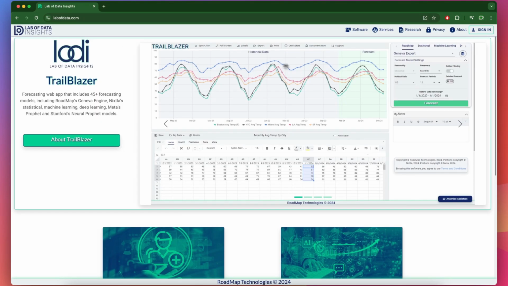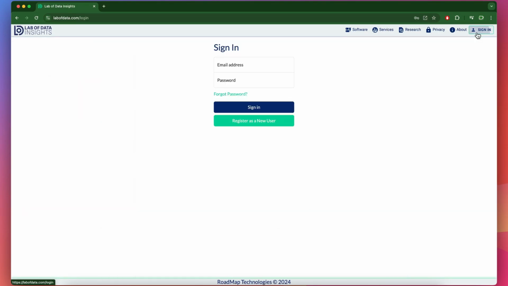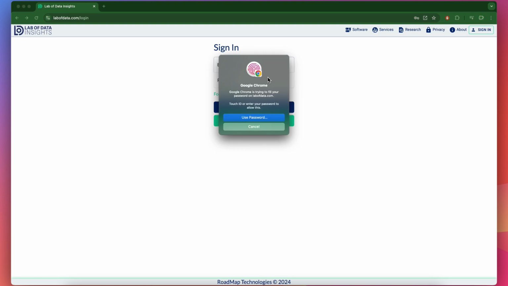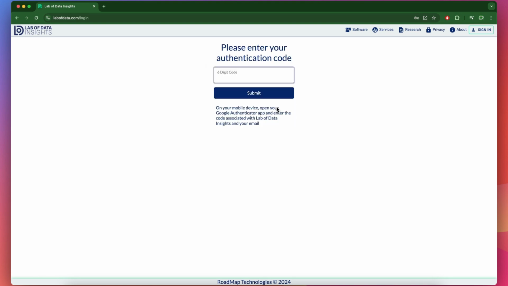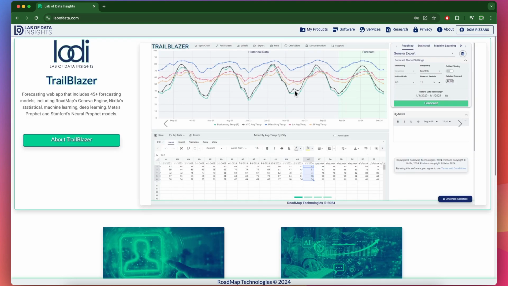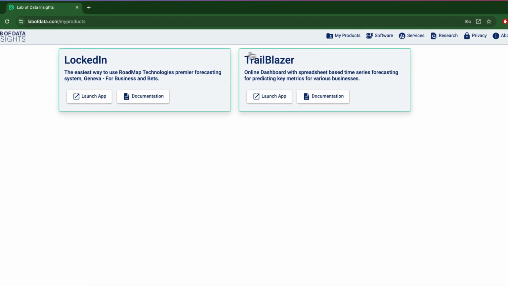After navigating to labofdata.com, users can log in with two-factor authentication. Here I am going to cut out entering in my two-factor auth code. Now that I am logged in, I navigate to my products page and access LockedIn after purchasing the software through